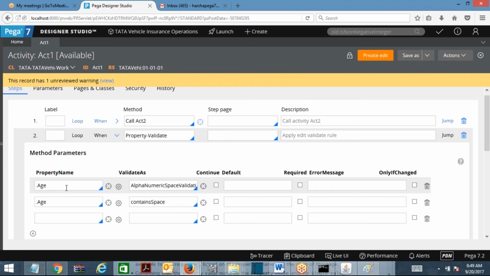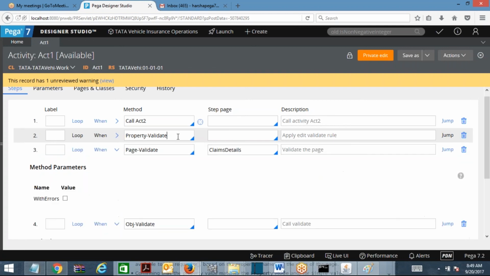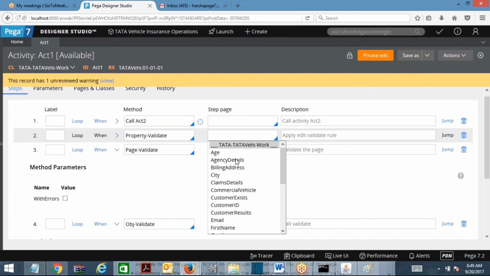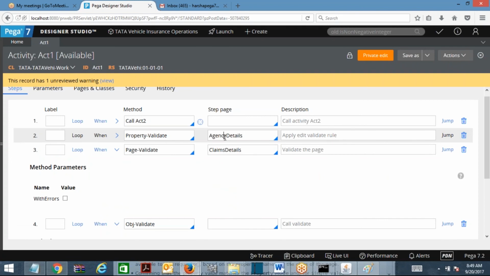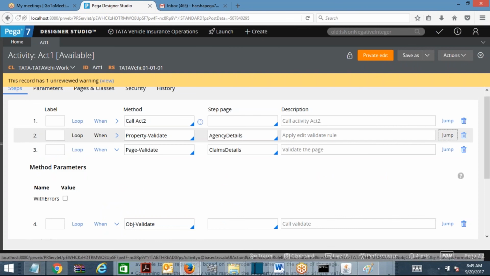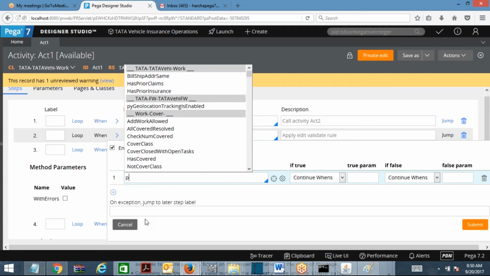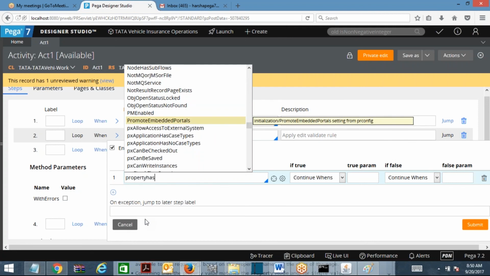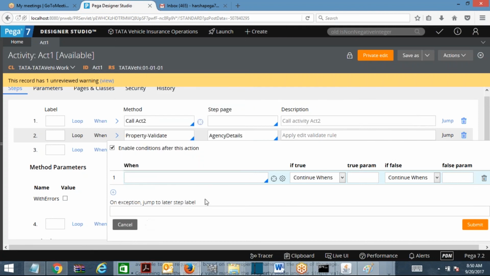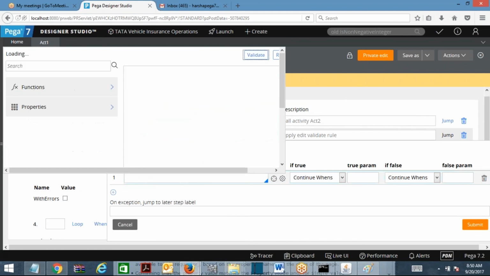Suppose this property has messages. Now it has executed and thrown an error message. Now there is a step page, and on this step page the property will be assigned the error message, like I showed yesterday. Here there are predefined when rules and functions, I will show you.